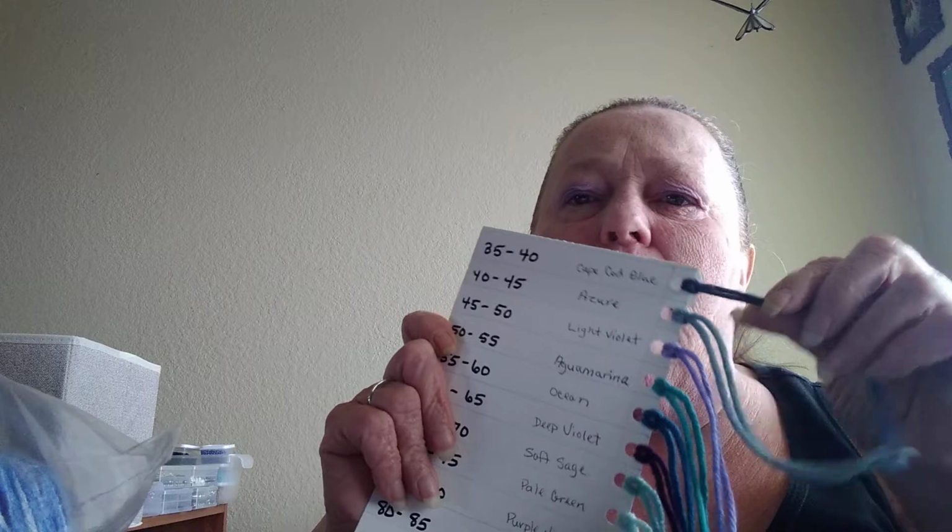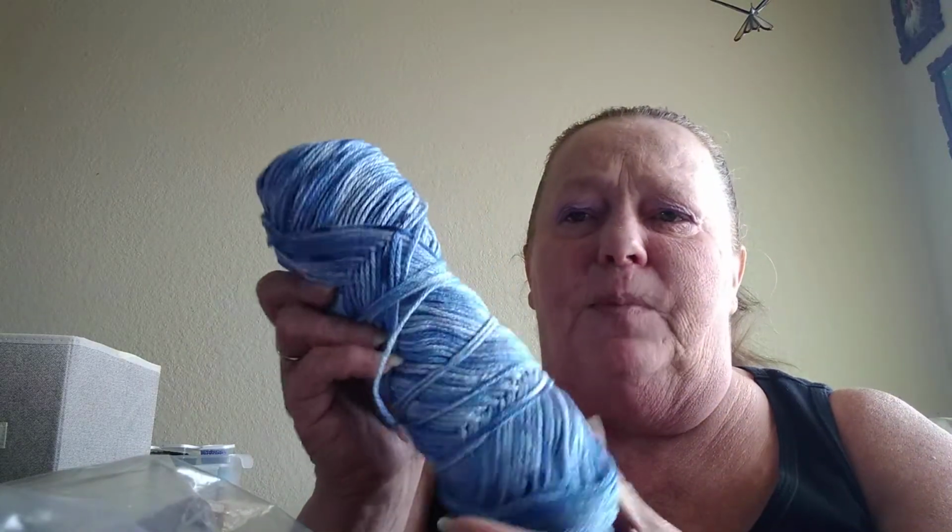So for every 5 degrees, I have a different color. That's a lot of colors. And for this one, I'll do the same kind of guide, and I'll pick my colors that are like leftovers. So this would be a good stash buster, mainly on the bigger kind, like partial skeins, rather than little balls. This wouldn't work because I wouldn't get 3 rows of this. But if you got some of this kind of stuff laying around,